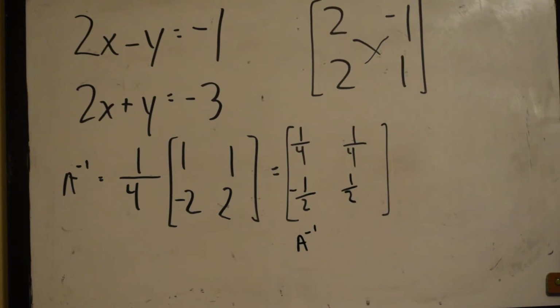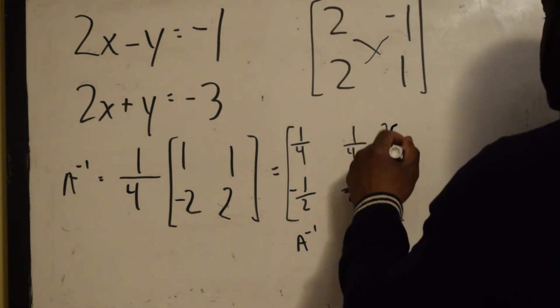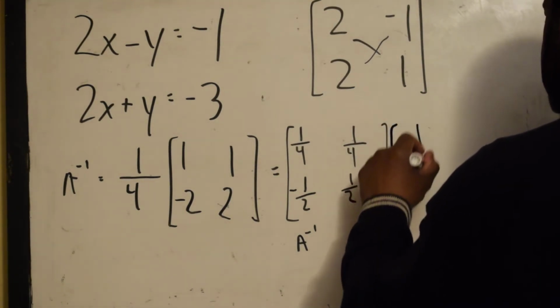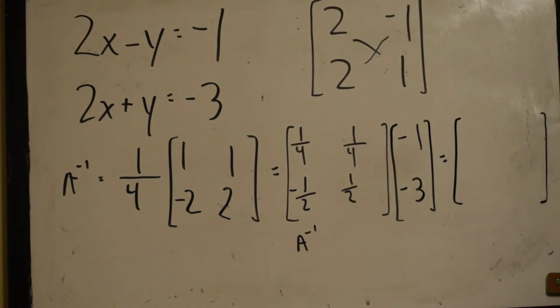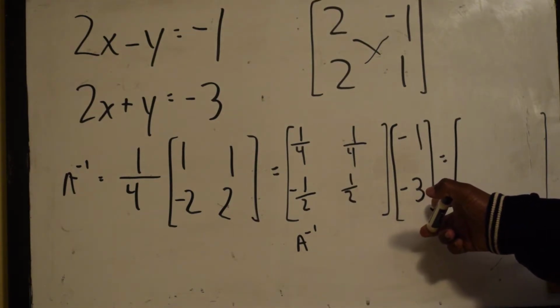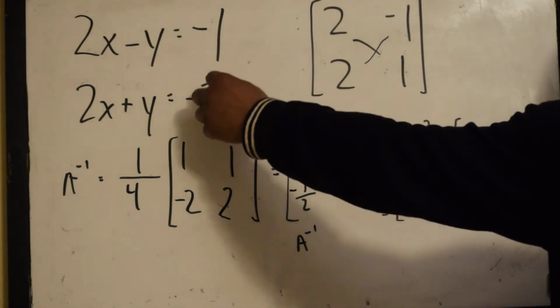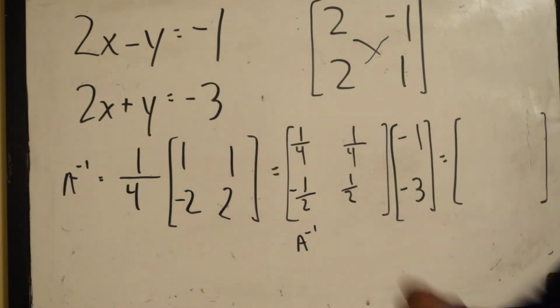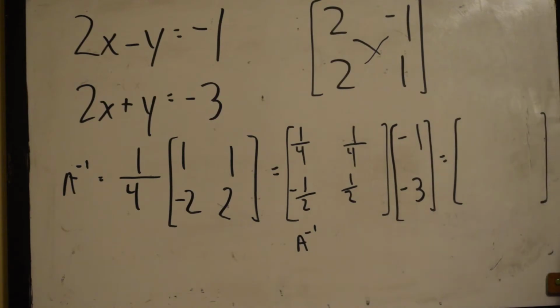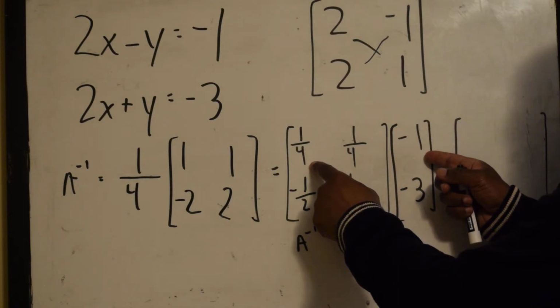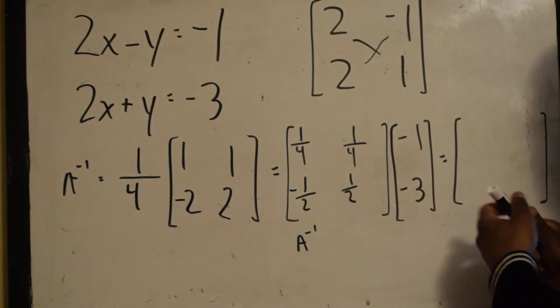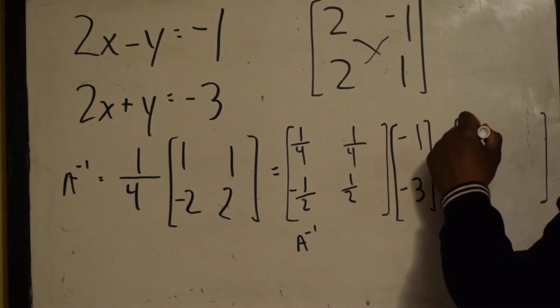Okay, but now remember we need to multiply our inverse times the solution matrix. We put that solution vector, -1 and -3. So now, let's look at this closely. 1/4 times -1, that is -1/4 minus 3/4. I'm going to show all my work right here. -1/4